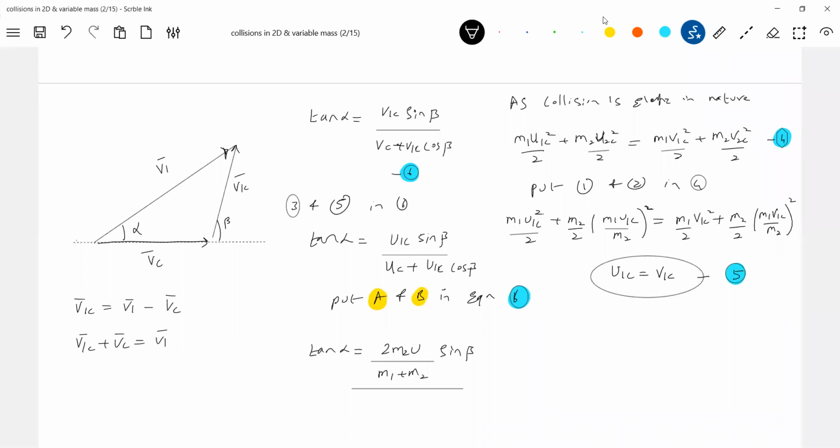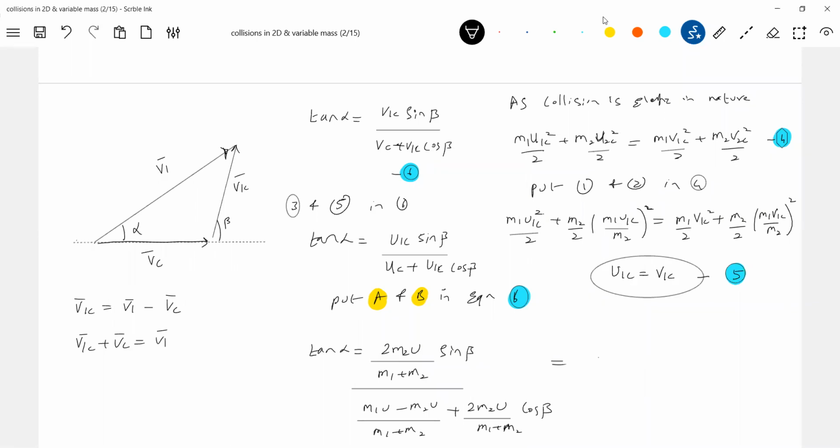Velocity of center of mass will be (M1U minus M2U) by M1 plus M2. Again, this is 2M2U by M1 plus M2 cos beta. I think M1, M2 all will get, so that this U will get eliminated. We don't know U, we assumed it. Then only in terms of M1, M2, and M1 plus M2 also will get eliminated. So the final equation here will be,